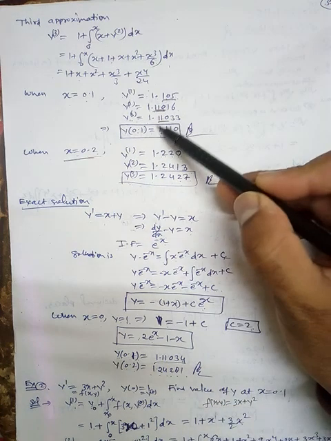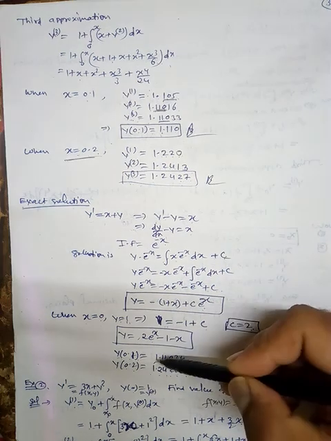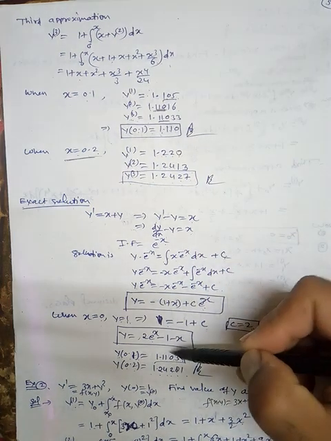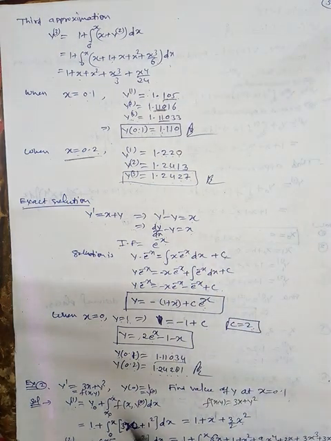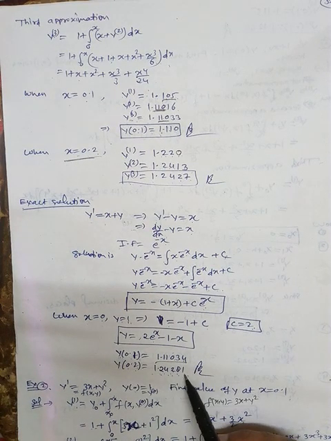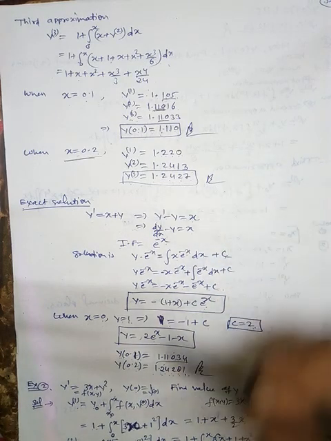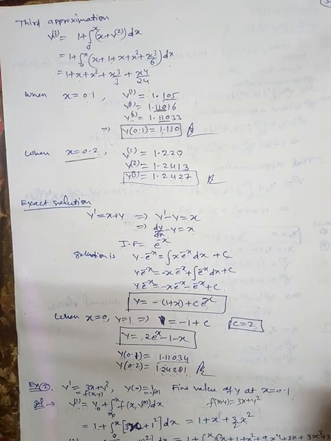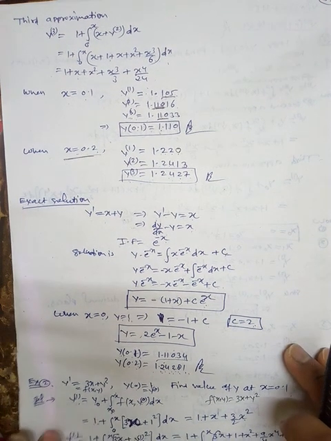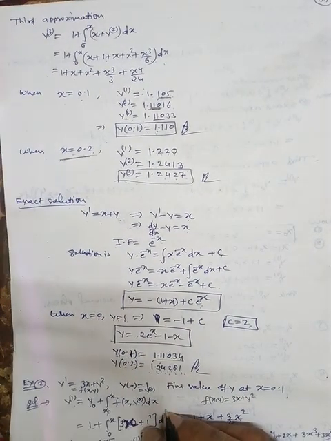Here we have evaluated the value numerically, 1.110. So you can see that up to third decimal places both are same. Here y at 0.2 is 1.24281. Again when you compare, you can see that this value is correct up to third decimal places. So this is the procedure. I hope you understand the Picard's method. So this is the way you can find out the Picard's method.